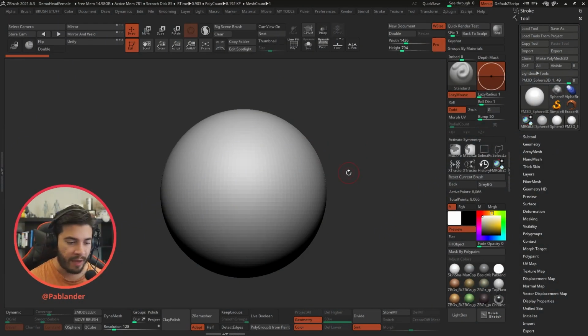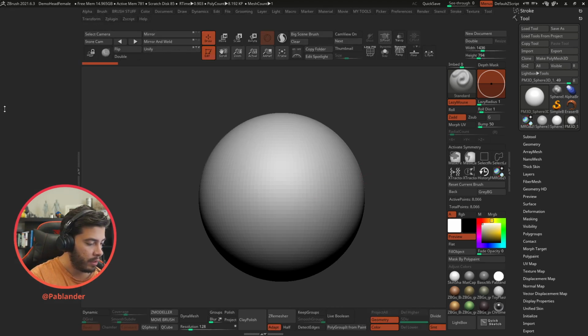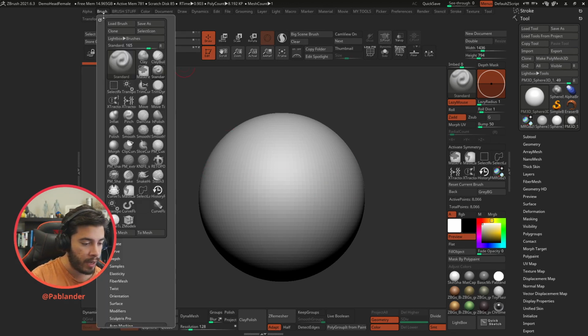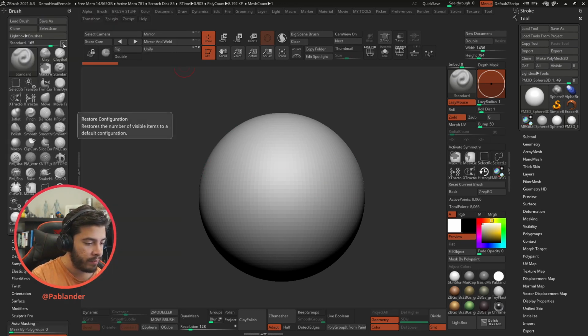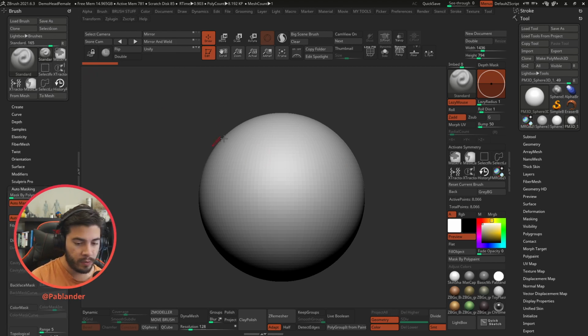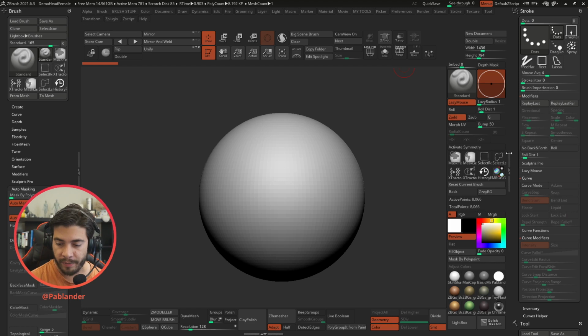So right now, what I have here is the latest version of ZBrush at the time of this recording, 2021.6.3, and this is my custom UI. I just work on my custom UI because it is easier and faster, but I will point out any UI element that I use in the process. I'm going to open up the left dock, bring in my brush palette, dock it to the right, and I'm also going to do the same thing for the stroke palette, and put that on the right hand side. And that's pretty much all we're going to use for this tutorial.